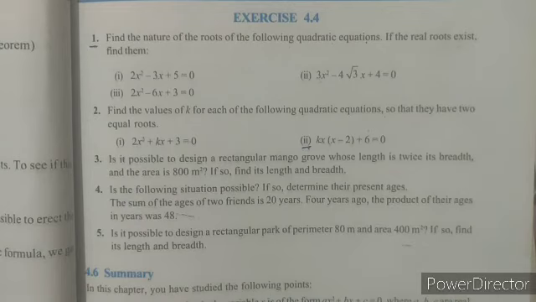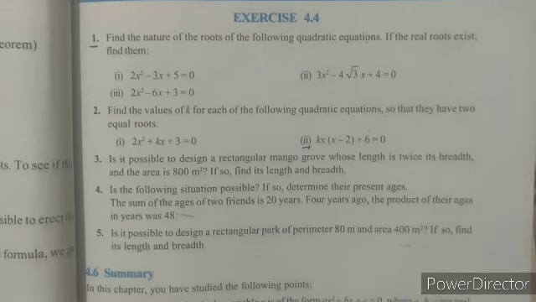If the discriminant is greater or equal to 0, then we can say that the quadratic equation has real roots, and if it is less than 0, then it will have no real roots, and then later we can find out the roots of the equation by